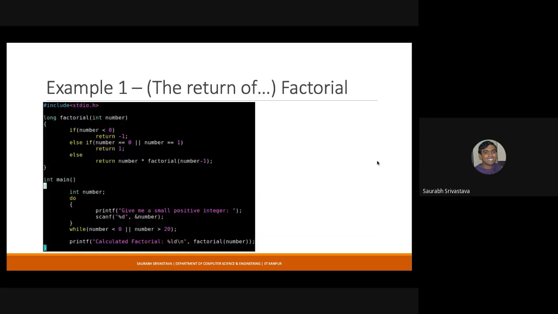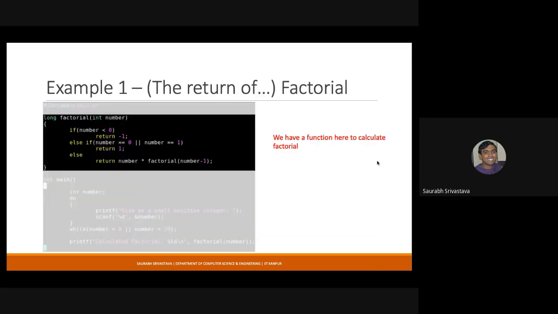So this is the example of factorial. I think you understand how it works. We say that the factorial of n can be defined as factorial of n minus 1 into n. This is the recursive formulation. And when n becomes small, that is, when n becomes 0 or 1, the answer is straight away 1.